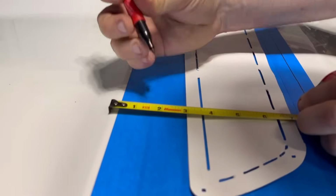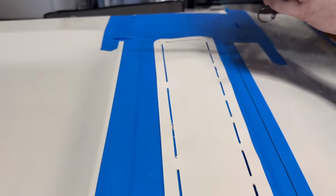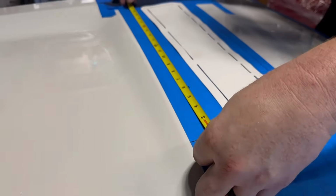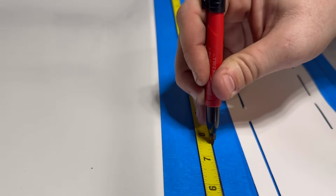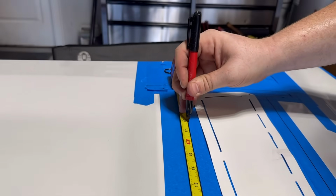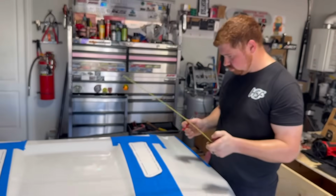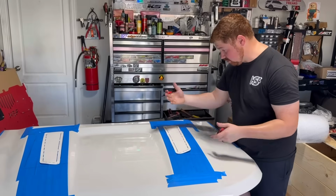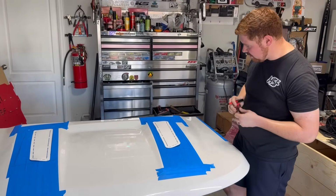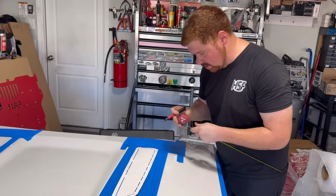We're going to go in from the 2-inch, another 2-inch mark right down here. And again, we're just going to draw our straight line. This is just, again, to get us a straight edge from that inner edge there. Boom. That should be even now because it's 2 inches from both sides, right? But again, we're going to verify by getting 3 different marks here and here. So if we're on our 2-inch mark line right here,